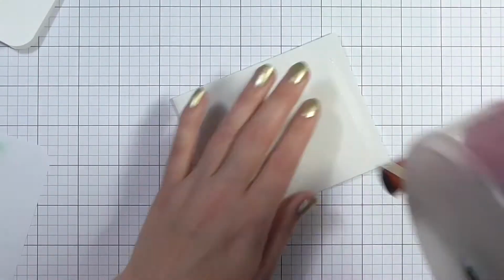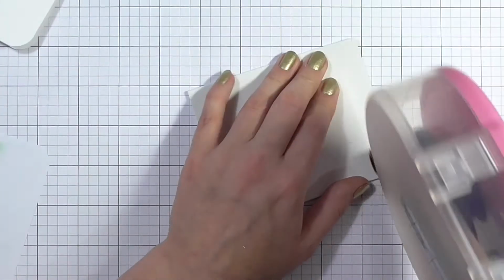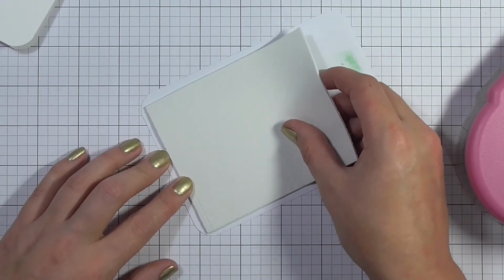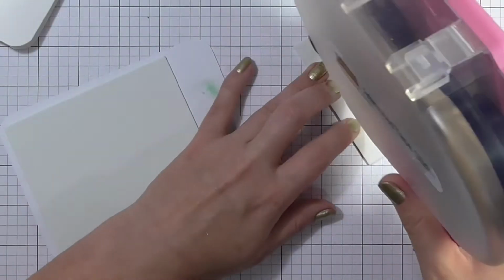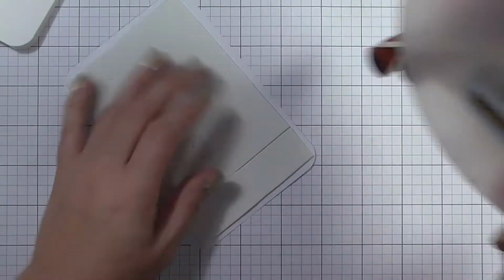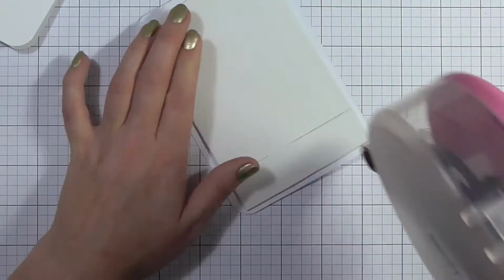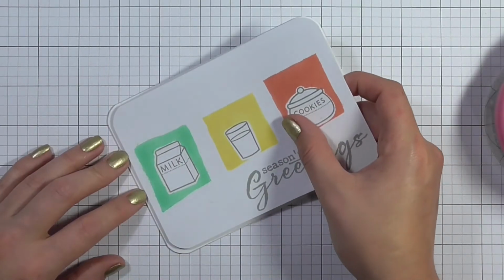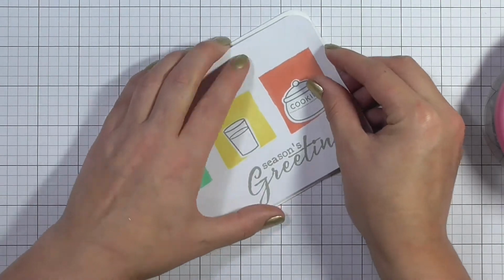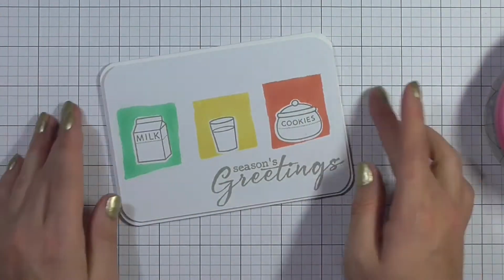So to give this just a little bit more dimension, I'm adding some ATG tape to the back of some foam, and this is just some white scraps of foam. You could of course use foam tape, but I think the foam gives nicer coverage on a large piece like this to make sure that none of the sections sort of dip down. So I'm lining that up on top of my card base and pressing that down,